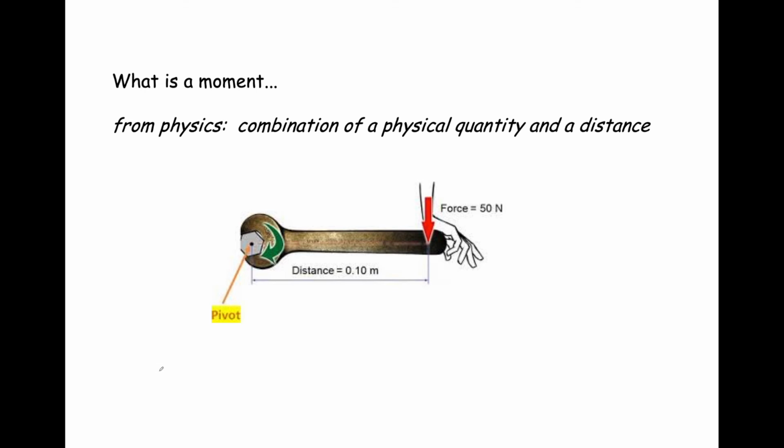And what this moment does, it allows you to force multiply, if you will, to amplify the amount of force that you're using to do something. And so here we have a pivot and we have a wrench. You apply a force of 50 newtons. You can multiply that force proportional to the length of that wrench, that tool, to give you a greater turning force or torque experienced at this pivot. And that's a lot more force than you could generate with your hand trying to turn that pivot. And so it's a force multiplier. It's force at a distance.